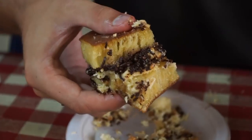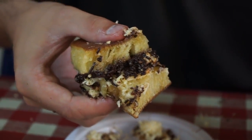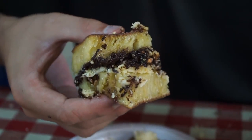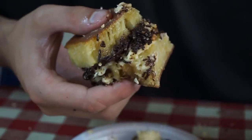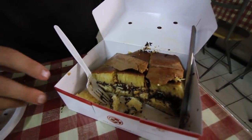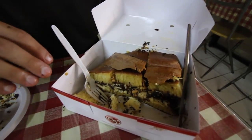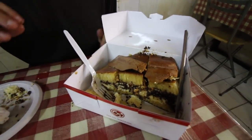That's heavy. Okay, I think we are finished with eating that. We couldn't even come close to eating the whole thing. We ordered a half size. So as you can see here, this is the half size. This box was packed full. It must have been 3 or 4 pounds. It is seriously heavy just from all that butter. I think you want at least a family of 5 or 6 to try to finish one of these off in total. But man, that is seriously sweet and a good way to end our full food day here in